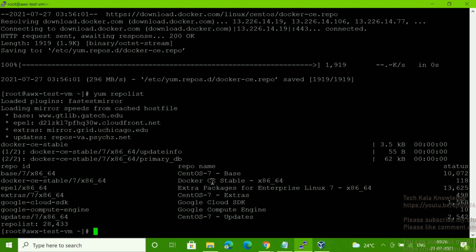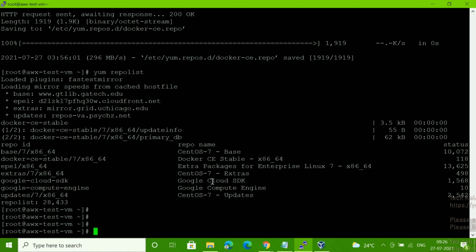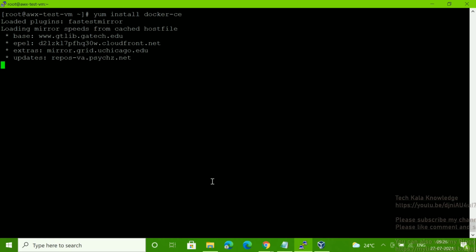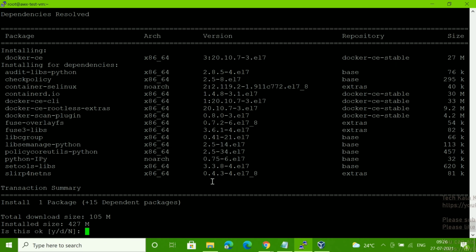Okay. So now what we have to do, we have to install the Docker package. Okay. So yum install docker-ce. Okay. So this package we need to install here. Yeah. Give y.